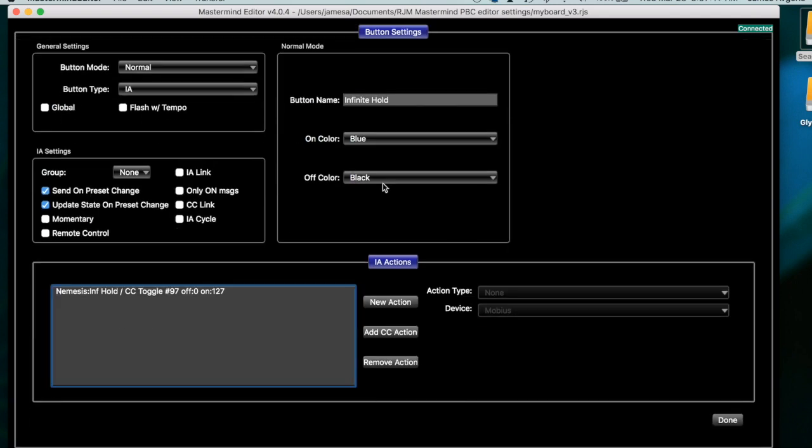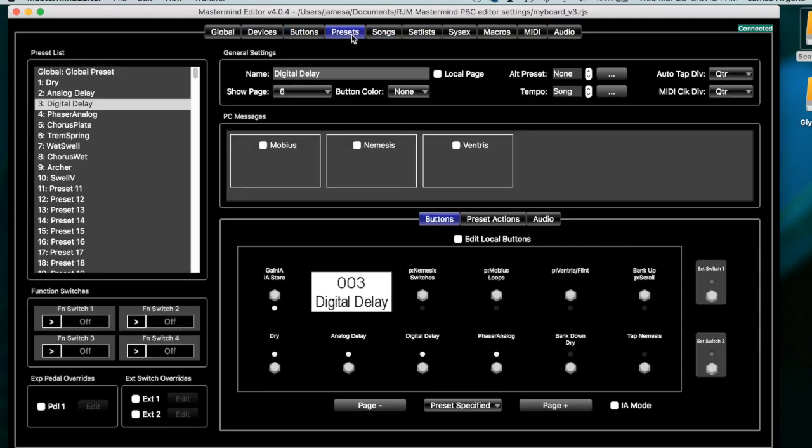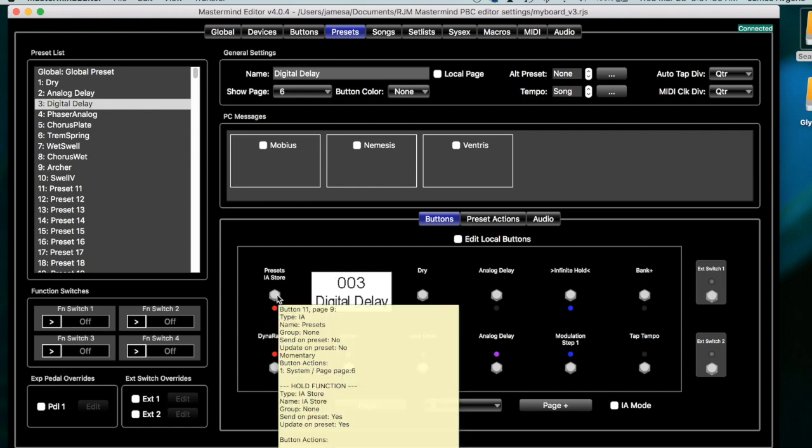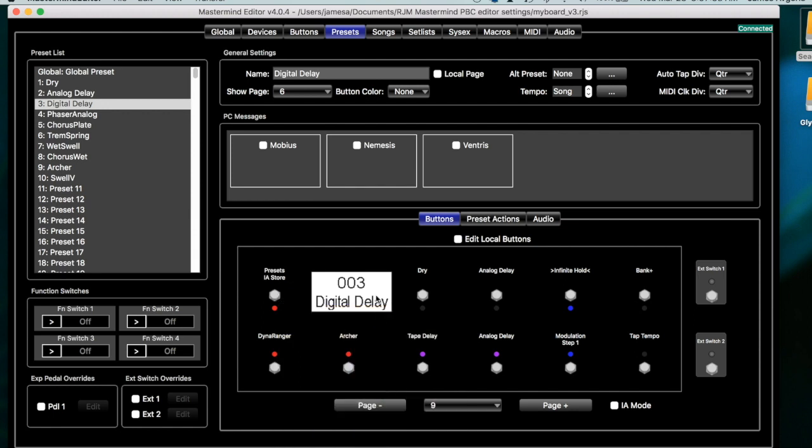But notice that I left these on preset change checkboxes checked. So what would happen if you're playing along and you enable infinite hold on your device, and then you hit save on this preset number 3 that we're on right now, and then you navigate back to preset number 2, and then when you come back to preset 3, what's going to happen? That hold is going to turn on